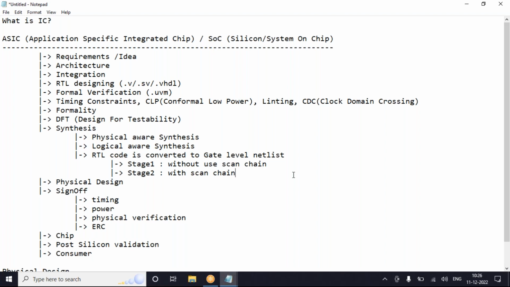So you will always have to run these two stages. When you do synthesis, it is compulsory to use these two stages. If they have provided you scan chain, then you will run stage 2. If they don't provide you scan chain, stage 1 is enough till they provide the scan chain information.